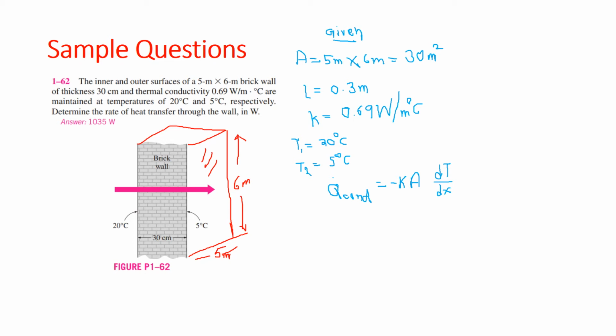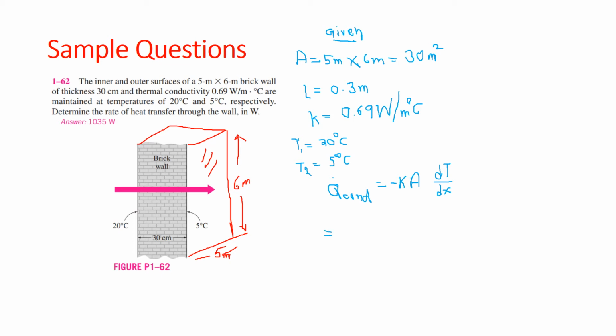Okay, so what is dT by dx? It is the slope of the temperature curve on a T-x diagram, and the negative sign in the equation is ensuring that heat transfer is always happening in the positive x direction, which is a positive quantity. And we all know heat is conducted in the direction of decreasing temperature, and the temperature gradient becomes negative when the temperature decreases with increasing x. So that's the reason why we have minus K A dT over dx.